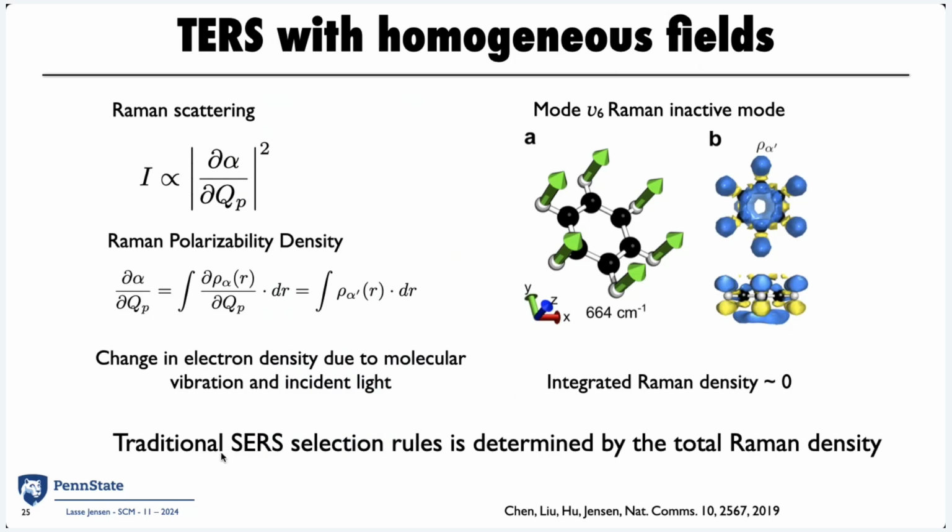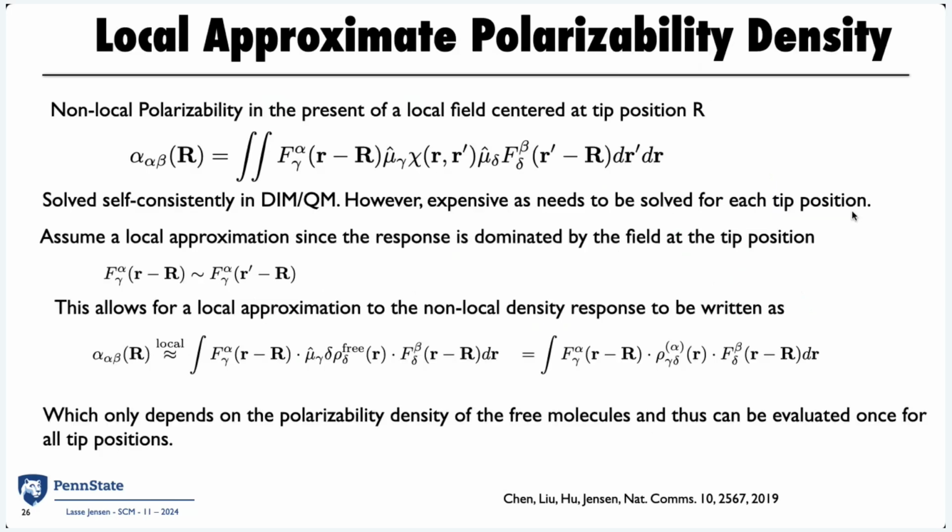Okay, so this gives you the traditional surface selection rules, where you probe the full density over the molecule, and also what you would get if you probe an individual molecule in gas phase or solution. So this is the traditional Raman selection rules, which can be understood by looking at these. What happens